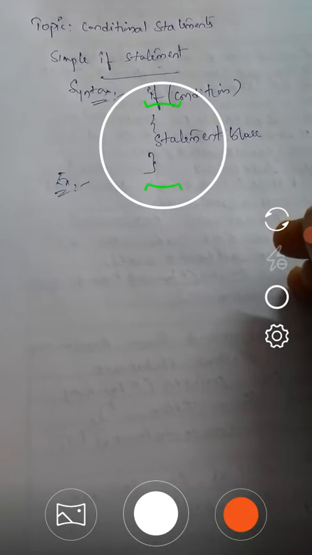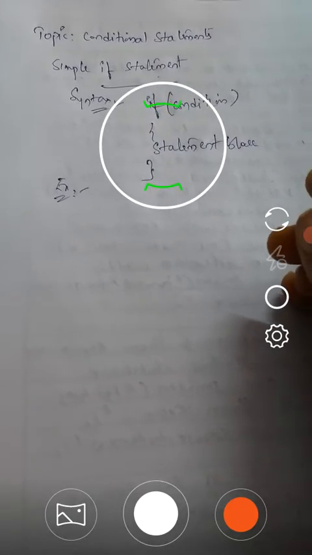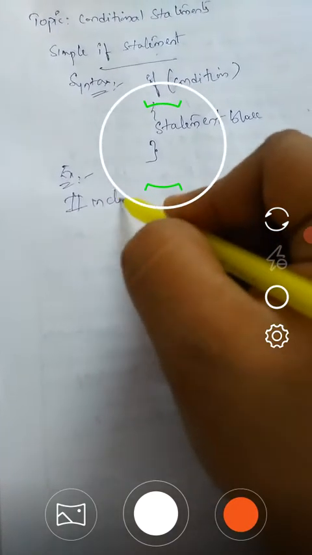I'm using an example that if a student is going to enter his marks in this program, if student marks are more than 35, he is passed. Otherwise, this program doesn't display any statement here. For this I am writing a program: #include <stdio.h>.